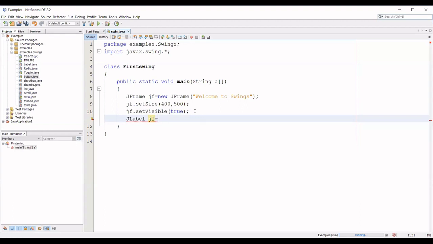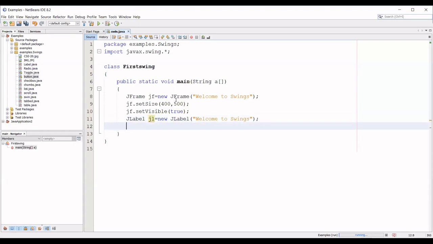So JLabel is also a class which is already there inside your Swing package. So I've created the object for that JLabel, where I can set the label text. I'm just using Welcome to Swings.